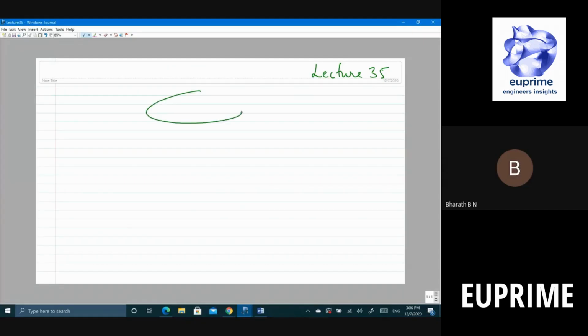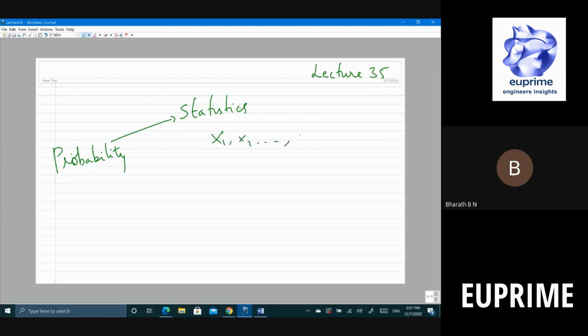For example, everything comes under what is known as statistics, for which probability is a primary tool. So now what do you do in statistics? If you look at classical statistics, you have some random data and you want to model this data. For example, you assume that it is drawn from a class of distributions, let's say Gaussian with certain mean theta, and you are supposed to find theta. This is called an estimation problem.